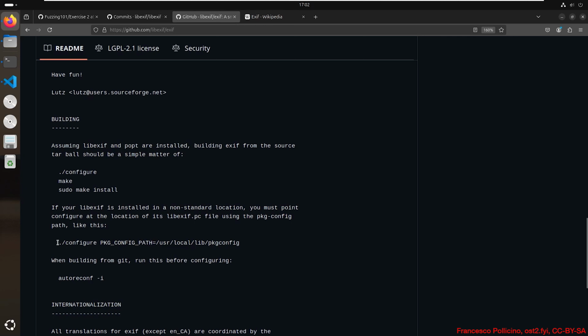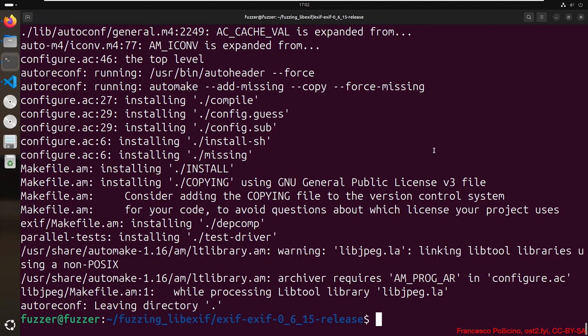And then we have to run configure. But this time we have to be careful because we have to specify the path to where libexif is installed, if it's installed in a non-standard location, which is our case.